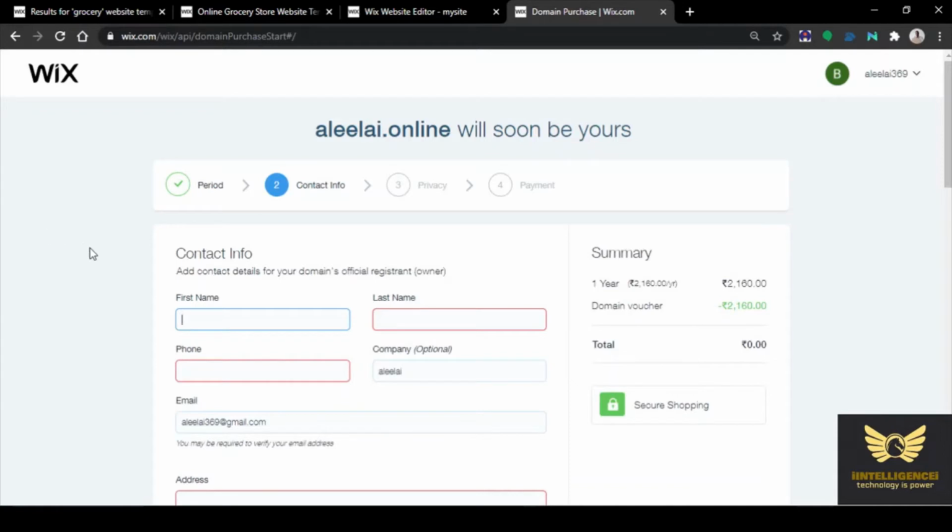Now you have to give the contact information details. First name, last name, phone number, company name, email address, the address of the company, all these details you have to give. Submit.